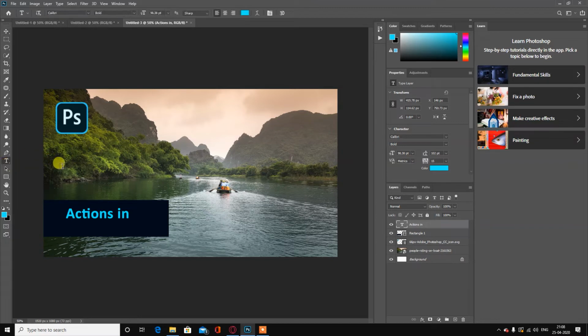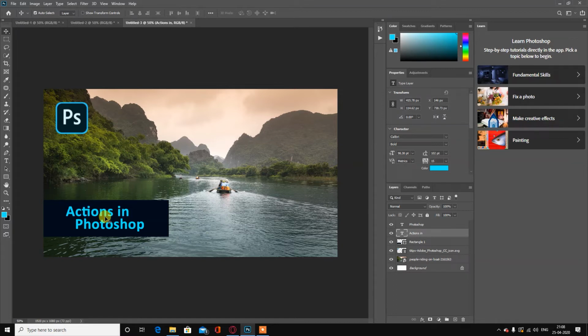And now I want to type in Photoshop. So we have Photoshop written here. Now place it here. Move the actions in text upwards. So great, we have the text now.